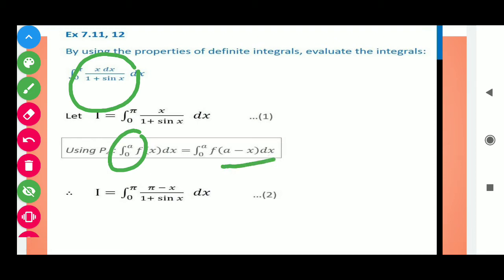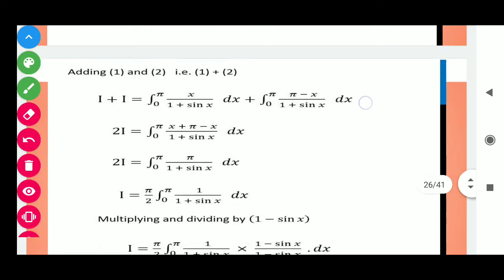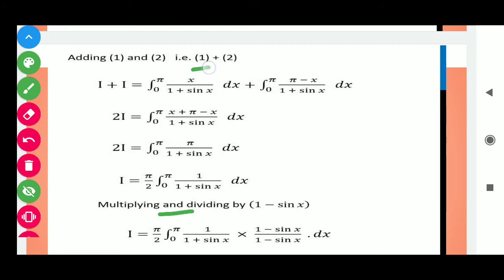So students, by using the same property in this question we get pi minus x over 1 plus sin of pi minus x. In this way sin of pi minus x converts again into sin x. Okay, so students, by adding the first and second, first is the statement and second is the result, I plus I we get 2I, and these two terms have the same denominator. By taking the LCM, x and x will cancel out because both are same but opposite in sign, and here we get pi over 1 plus sin x and pi is constant, so we can write pi outside the